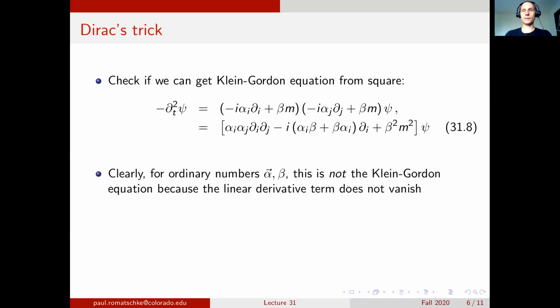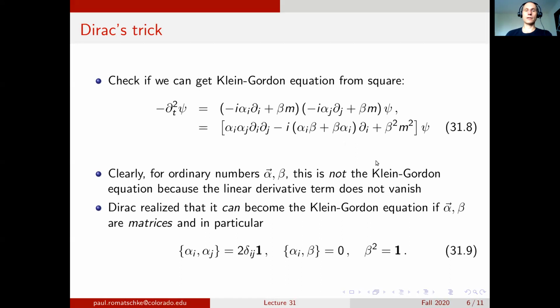So if you have ordinary numbers alpha and beta, we will get a non-vanishing linear term here unless these numbers are 0, in which case we don't get a Klein-Gordon equation. So for ordinary numbers alpha and beta, this is not a Klein-Gordon equation. However, Dirac realized that it can be the Klein-Gordon equation if we generalize alpha and beta to be not numbers